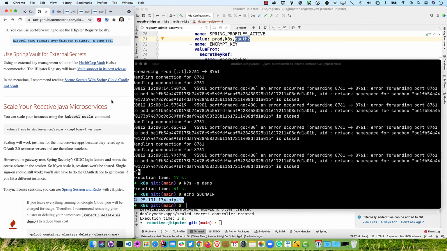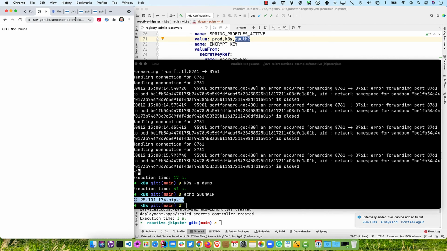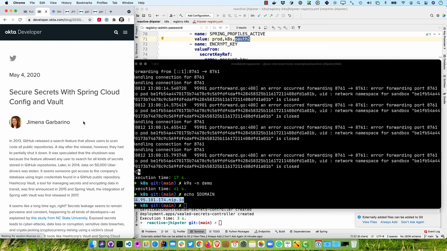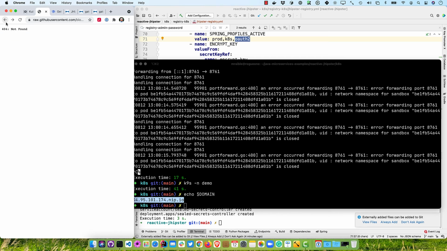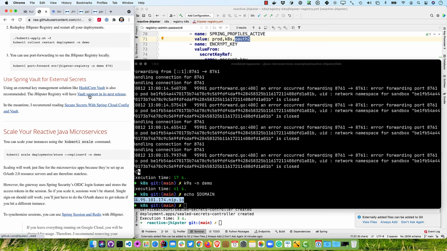So that's pretty slick. You can also use external vault like HashiCorp Vault. And we have a post on that, Secure Secrets. If you go there, you'll see from May of 2020, how to use Spring Cloud Config and Vault. And there's also a link here in my instructions on JHipster registry will soon have Vault support. So I don't know if that's been released yet, but that's pretty slick in that you can use sealed secrets and store everything safely in source control, or you can use HashiCorp Vault and have an external secret manager as